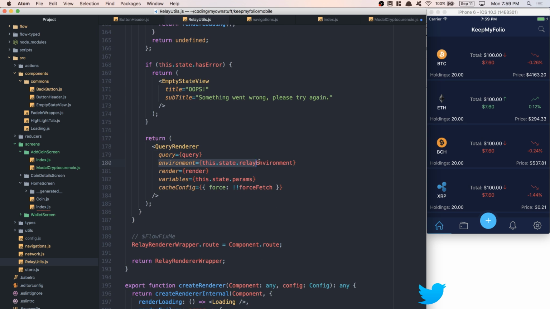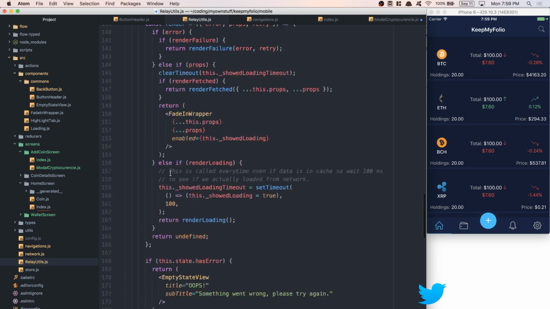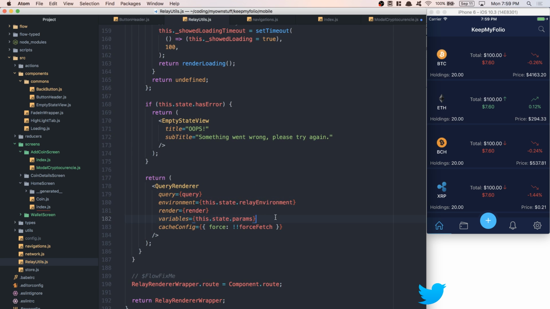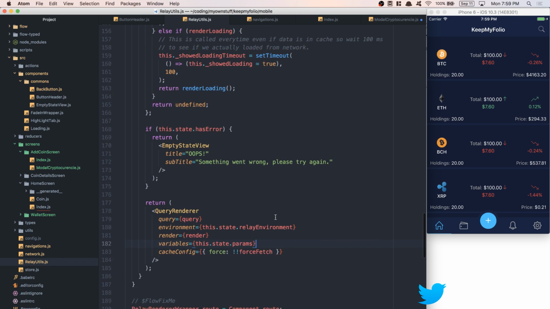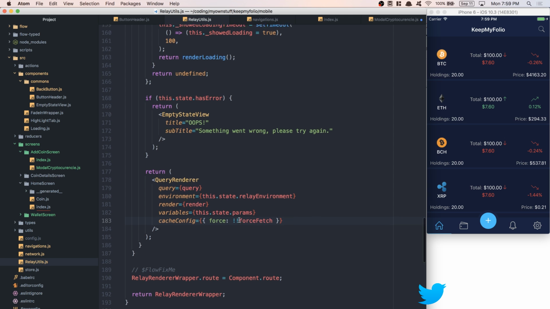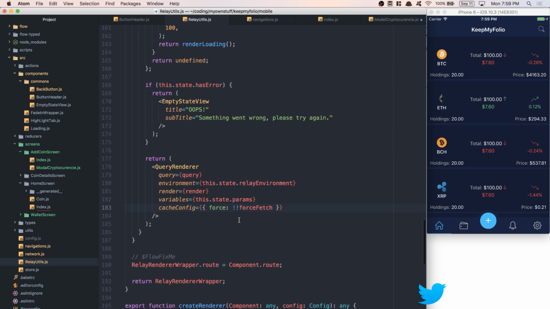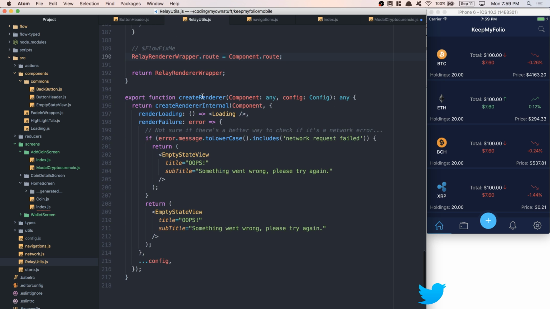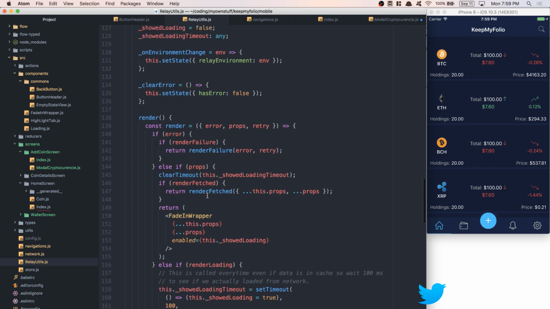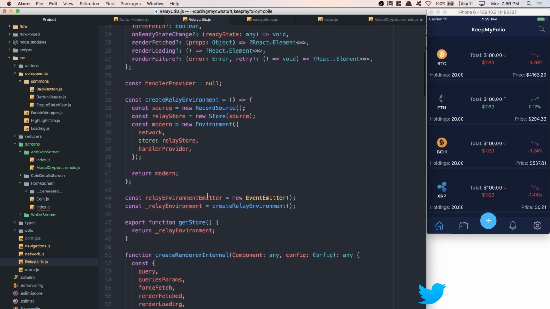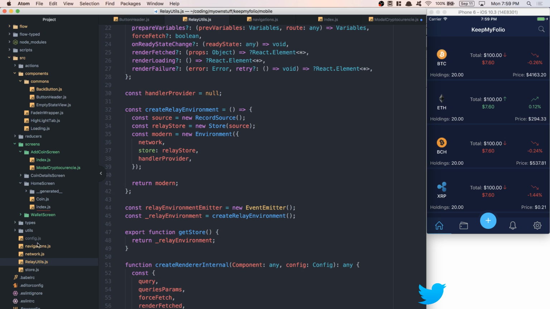and I also have my environment coming from the top, my render with this variable right there. I have my variable coming from my param, from the state. And now the force, I say dot force fetch. After that, here I get my route for like the rendering wrapper. And now after that, I have my create renderer which gets called inside my app